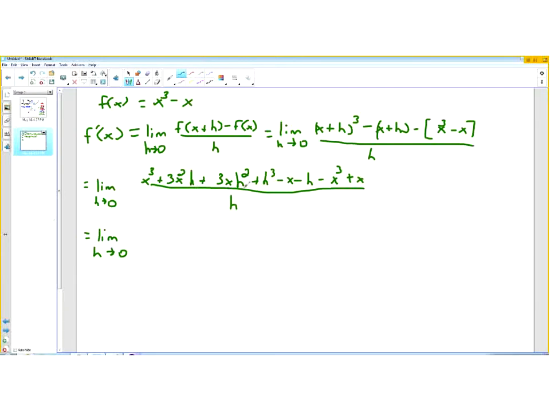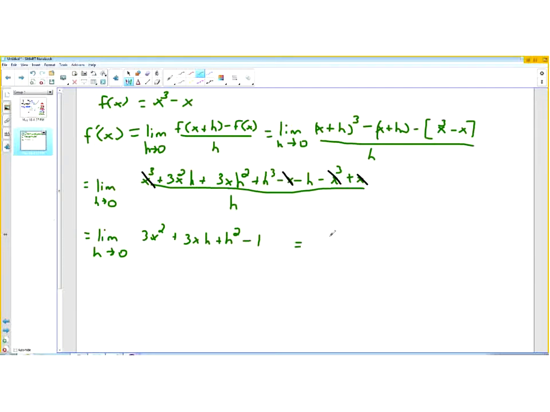So cancellations would result in what? The x cubes are canceling. What else can cancel? That's about it, right? Okay. And then after the cancellations, we can divide by h. So this would be 3x squared plus 3xh plus h squared minus 1. Okay, so I just did the division, and now we have a polynomial in h, so we can